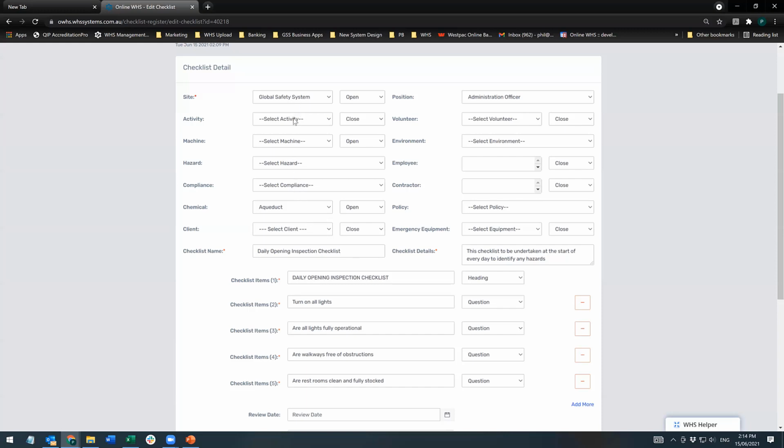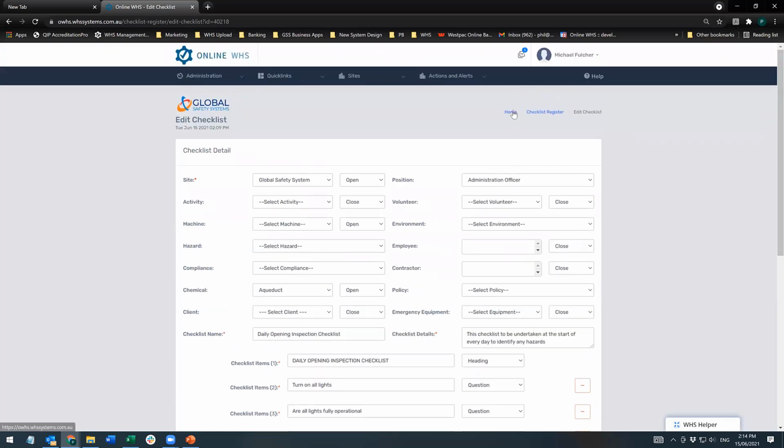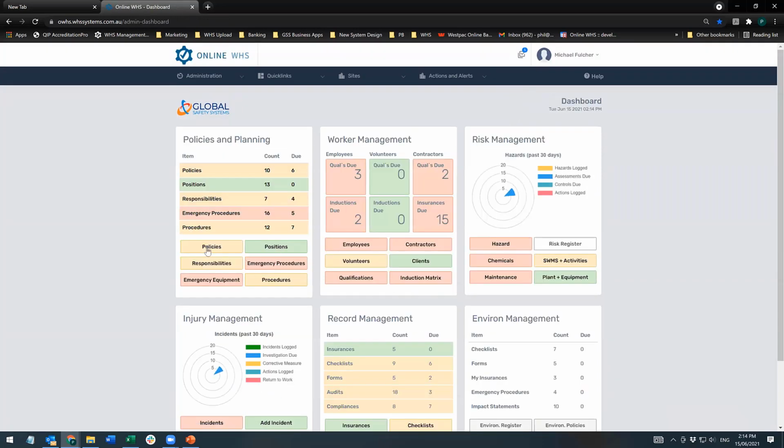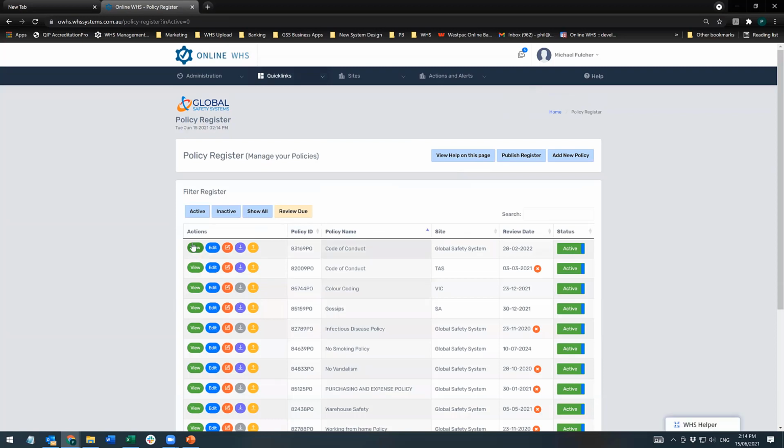Please note that anything that you relate here to these items, when the checklist is completed, it will save it in the checklist log, but it will also save it in the log of all these other items. That's why if we come to, for an example, policies, if I select code of conduct